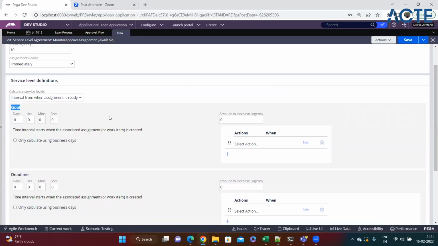I mean, goal time, let's say this assignment has to be, any bank representative, let's say, they have to complete everything on a timely basis. Okay, so for now, depending upon your requirement, you can just select that goal deadline and past deadline. For now, I'm selecting 1 minute. If he didn't perform anything within 1 minute, then we'll increase the urgency to